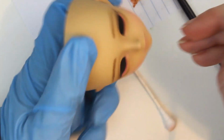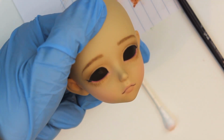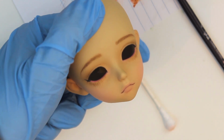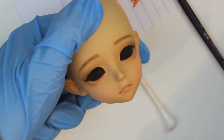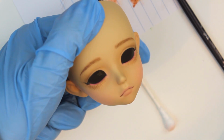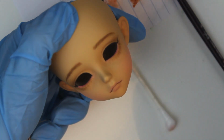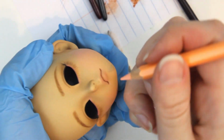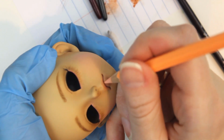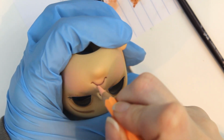There we go. Just some real subtle changes to the lashes, but I think that made a big difference. I'm trying to think if I can get away with adding some lines to the lips. I'm thinking maybe some really light peach. I'm gonna be bold, I'm gonna try that. Even though we're still on just the third layer of the face up, I'm gonna give that a try. If it goes bad, I can always blush over it. Once again, it's like my pencil's not quite sharp enough. It's not bad